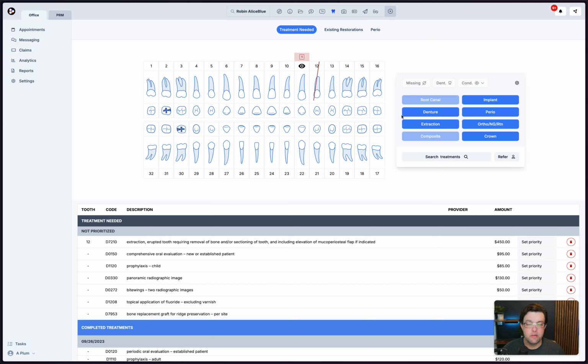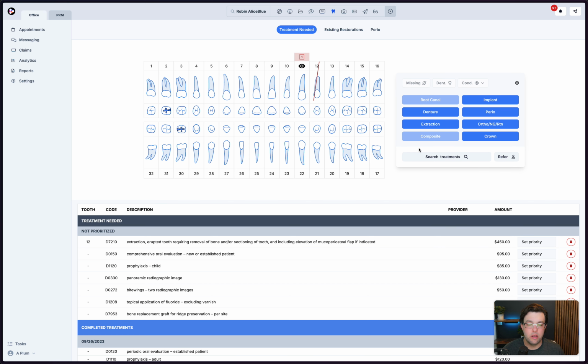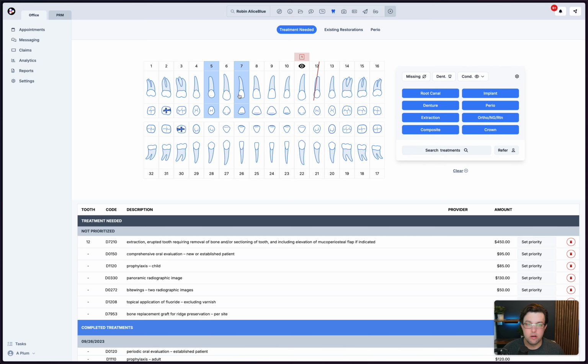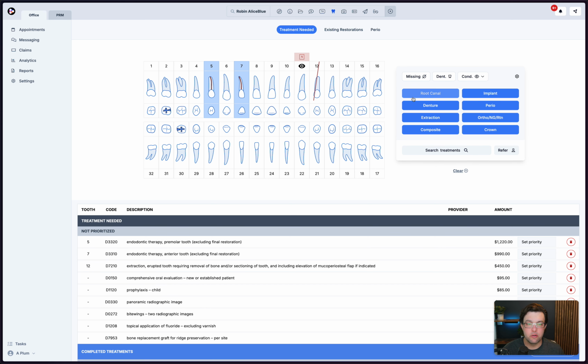But obviously the biggest change is the treatment picker being over here on the right hand side now. This still gives you the same top level categories that you can toggle through, but these options are all customizable now and a little bit easier to navigate around. If we select a couple teeth here, it'll enable all the buttons that only have treatments dedicated to a tooth, and so we can start to build out our treatment that way,